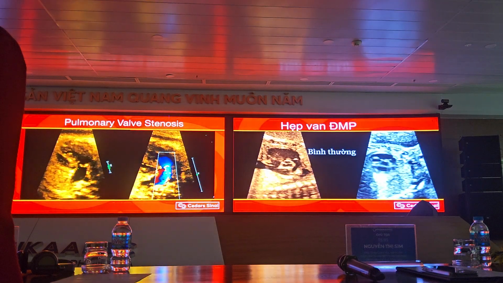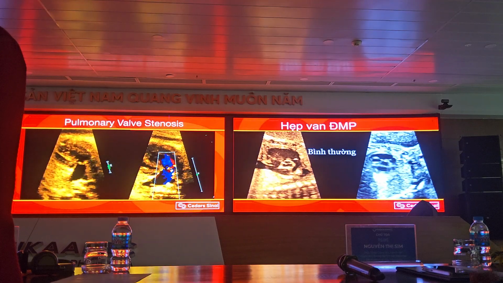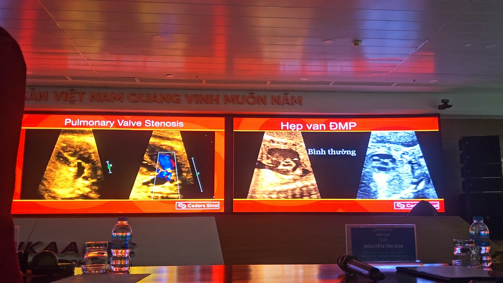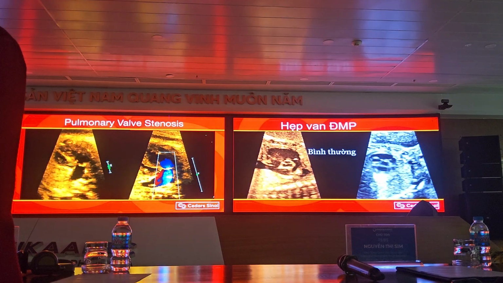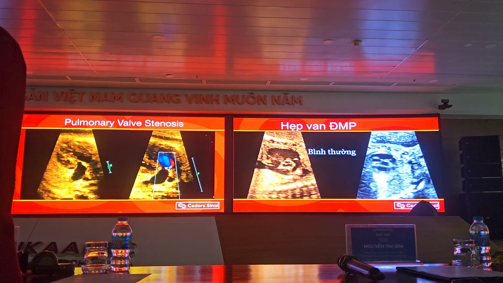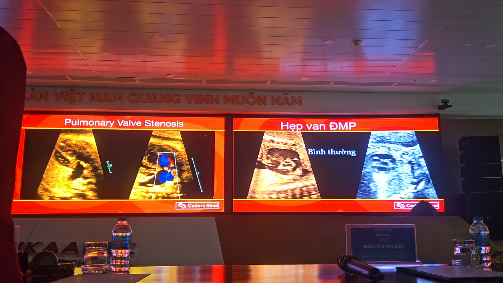This valve is not normal. Here's an abnormal pulmonary valve that does not move. The excursion is diminished. The valves are thickened and asymmetric, and there's pulmonary regurgitation that we can see with color. And you can see the flow acceleration during systole across the valve, causing the post-stenotic dilation of the main pulmonary artery. So this is a very obvious case of pulmonary stenosis, but it's important to be able to pick up